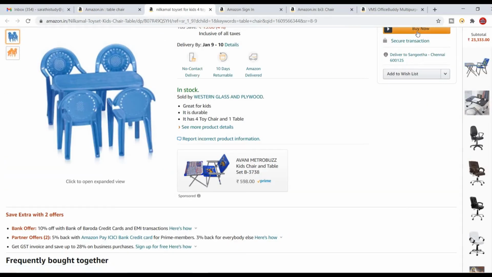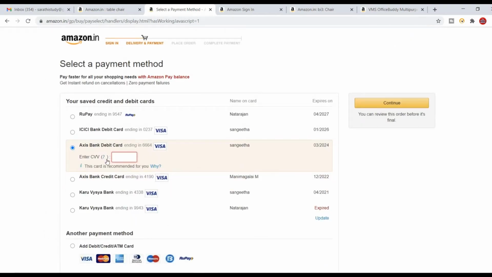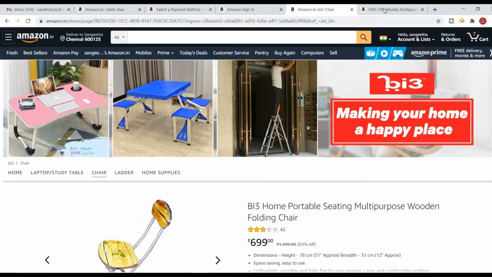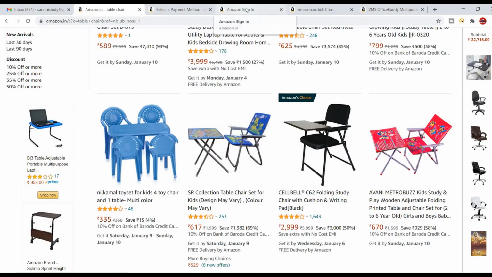Once you click on the Buy Now option, it will go directly to the place order section, right? So whichever card or bank you want to add, you can add it here, right? So this is the third party: the banking application and the product storeroom or some applications are linked with Amazon, right? So this is what is communicated between the two applications. This is what API does, talking to each other. So Amazon is one application and another is Axis Bank or ICICI Bank, another application. Amazon and the banking application talk to each other, right? So whether it is confirmed or not.